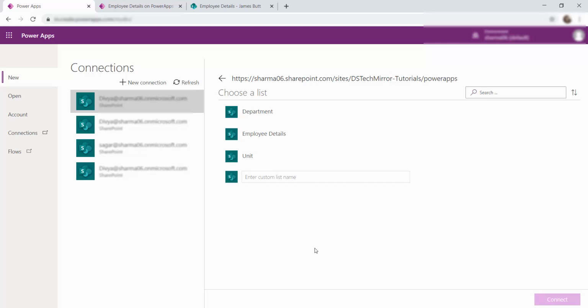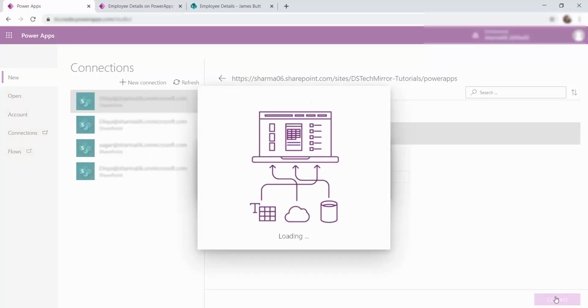Because Power Apps initially was created to customize lists, but do not worry, we can customize libraries also. But for libraries, you have to enter the entire path to the library in order to fetch it. So now I'm going to go with the employee details option from here and click connect.